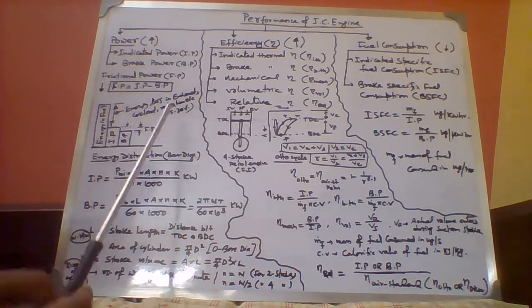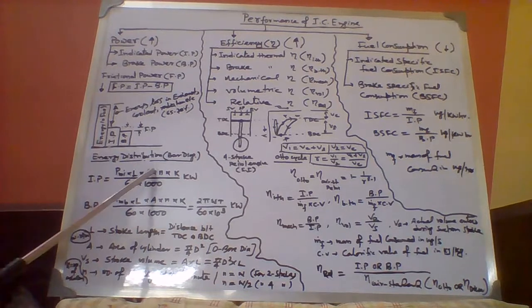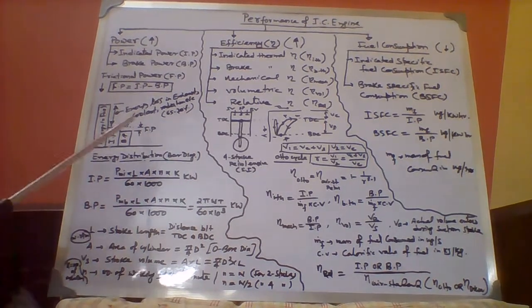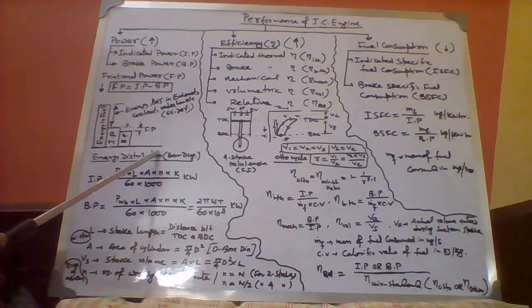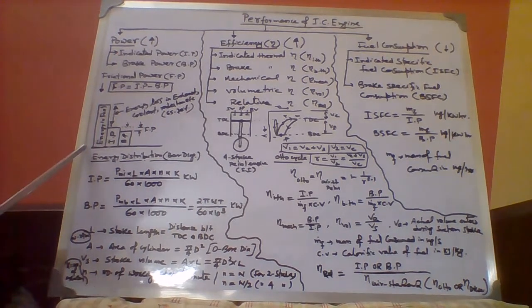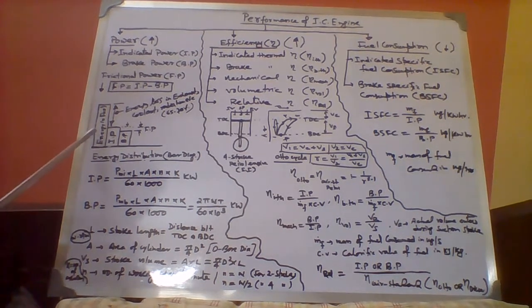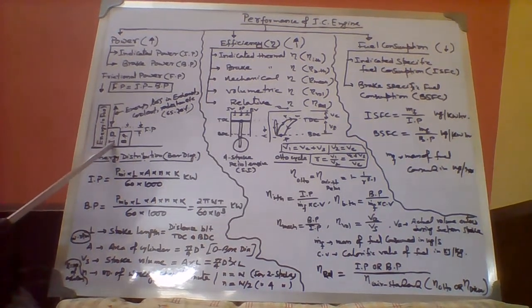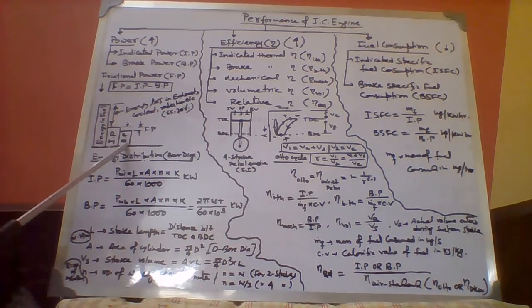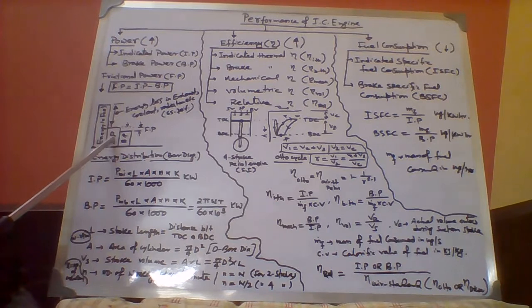If we see the energy distribution scenario with respect to that, then you can see the energy distribution being placed with respect to a bar diagram. So this is the x-axis, suppose indicating the types of power, types of energy, and this is the y-axis indicating the energy in kilowatt. So the first one is energy in fuel. That means the energy that comes because of the burning of fuel. So it should be equal to mf, that is mass of the fuel, multiplied by CV, calorific value of fuel. Then you can see the IP here, and this is BP, where IP is indicated power, and that is BP.